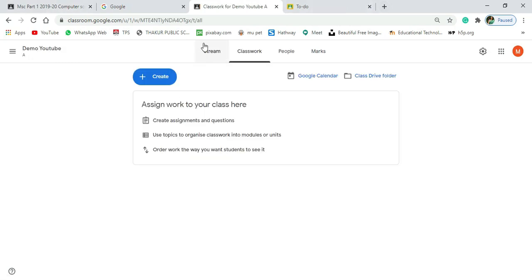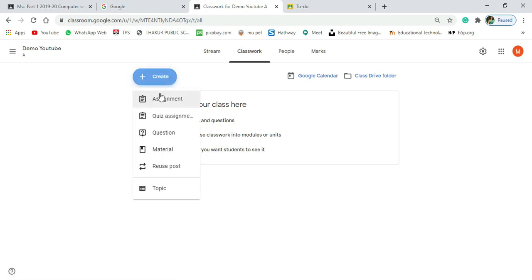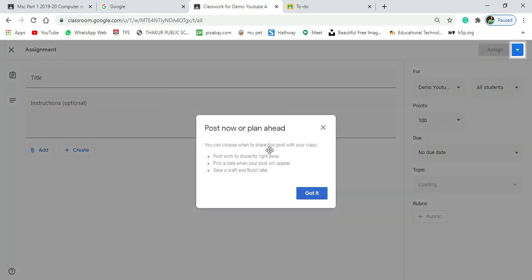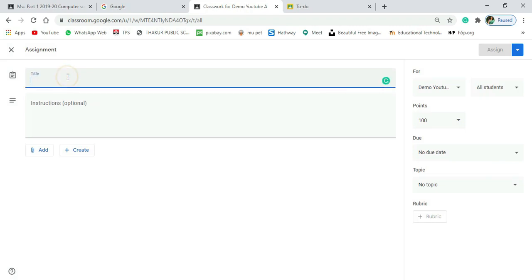Okay, so friends, now let me show you this classwork part in detail. Over here we have the option assignment. I can give an assignment to students by clicking on assignment. Very interesting part. Just click on got it and title. For example, I'm giving the title as security unit 1 assignment, and then you can write instructions. Write all answers on separate pages.